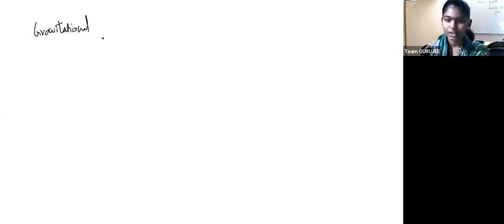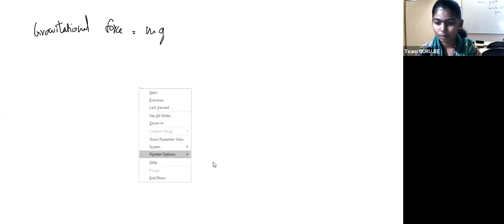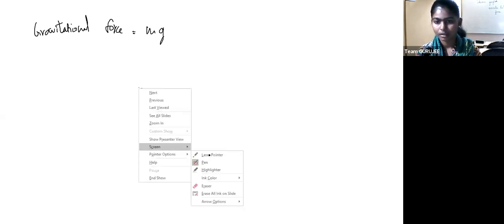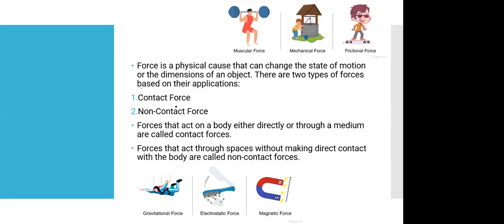And gravitational force is nothing but mg. Your magnetic and electrical forces you'll be seeing in your 11th standard. It's very vast, those subjects, so you'll be having them. So we'll move ahead now. These are the forces. Clear with all the forces which I have told? Any doubts still in your minds? No doubts, ma'am.